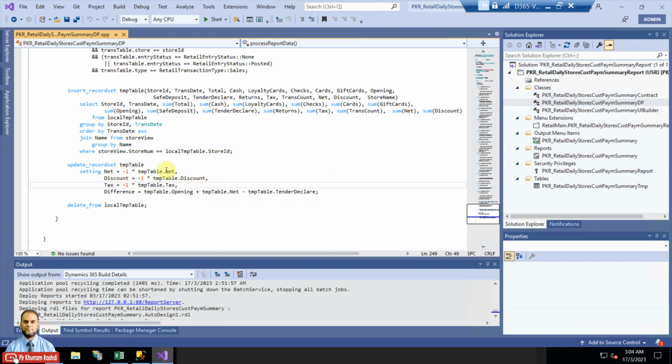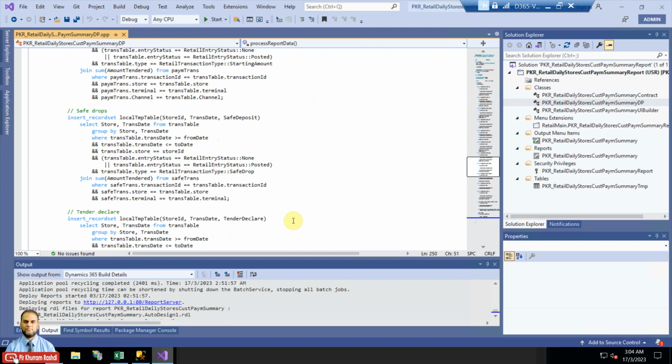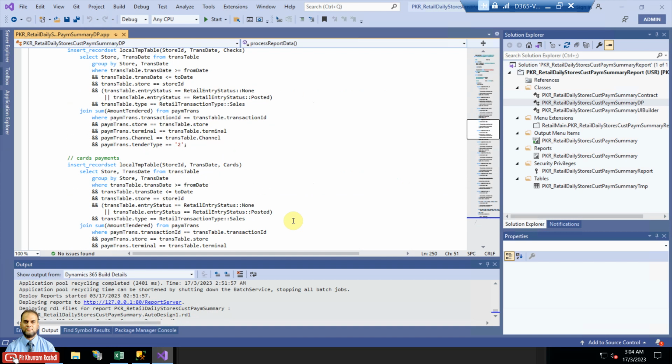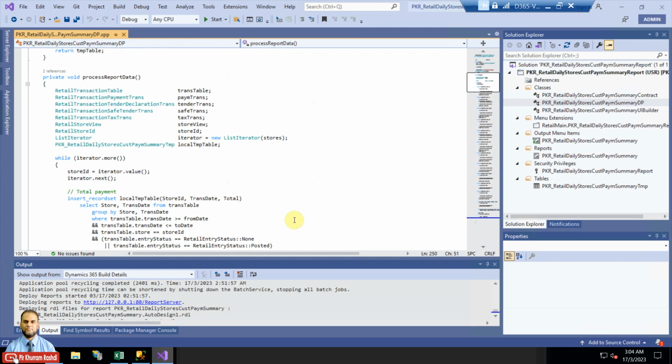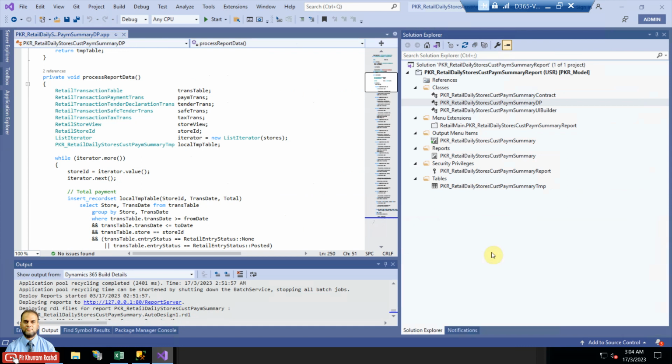So for net amount, discount, tax, these three we have inverted the sign, and in the end the difference amount is calculated: opening plus net amount minus the tender declaration. So maybe there is something logical I have missed somewhere, but ignore it. You can do it more perfectly and accurately, and I am hopeful this is